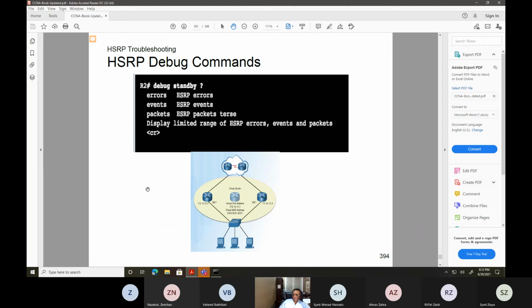You can do it as much as you want in the lab environment, but never do it in production, because you can bring the router down. Debug gives you every single piece of traffic going across the router and shows it on the console. So it's never a good idea in production. If you know exactly which specific debug to run, fine, but never run all debugs on your routers. But in your lab environment, yes.